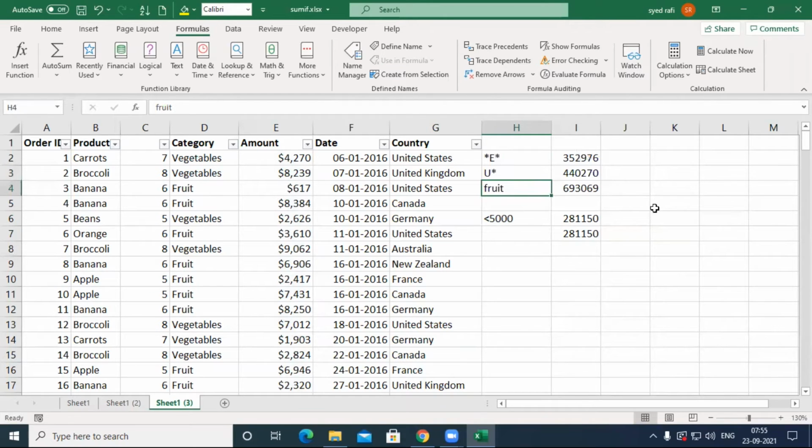But case sensitive means, while you are giving a password, when anyone says their password, we immediately ask whether it is uppercase or lowercase. Uppercase differs from lowercase. That type of situation is called case sensitive. But in Excel, case insensitive is applied when checking conditions. So this is the SUMIF. You may also apply it on dates. If you have any doubt, ask.